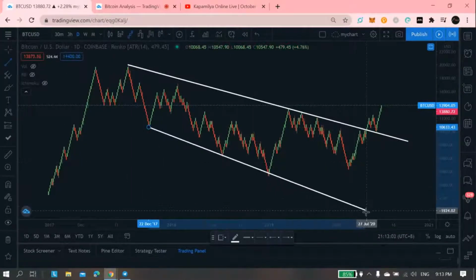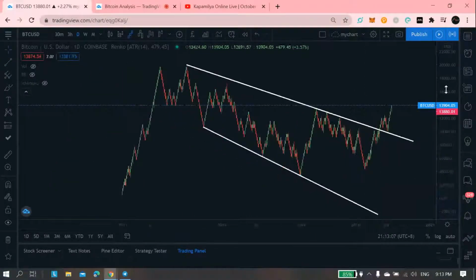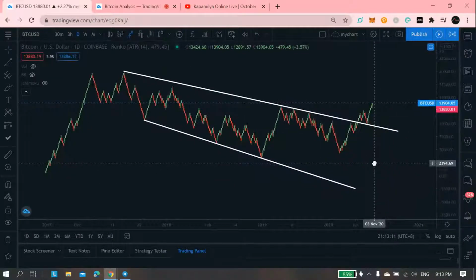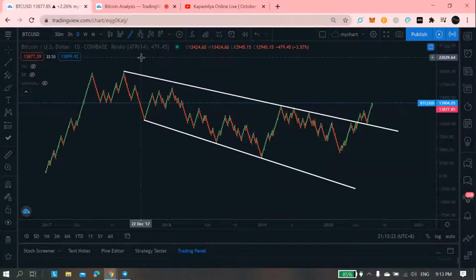Renko chart. I just used this last month, and I think my profits are better than using the candlestick. But I also use candlestick when I trade the 3 hours and 30 minutes, because for a free subscription like me, you cannot use Renko chart in lower time frames. So anyway,